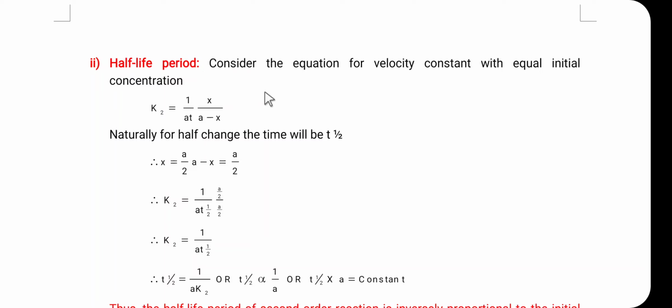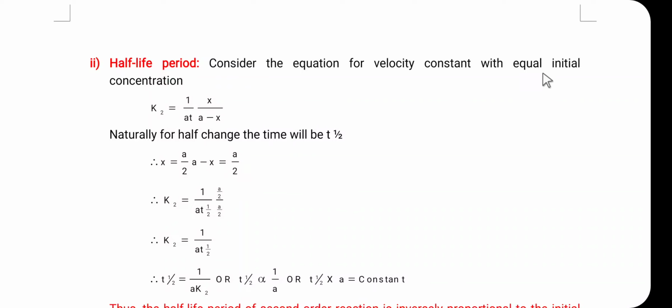So half of the reactant will be reacted and half of the reactants will be unreacted. That's why here when t is equal to t1/2, at that time x is equal to a/2 and here a minus x is equal to a/2. Just to derive the expression for the half-life period for the second order reaction, let us consider the expression for